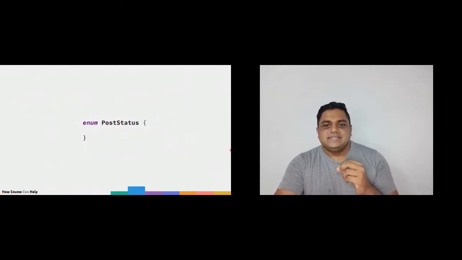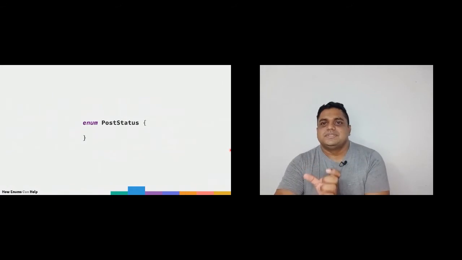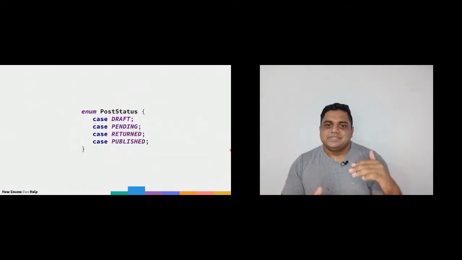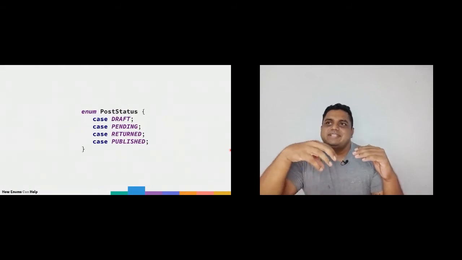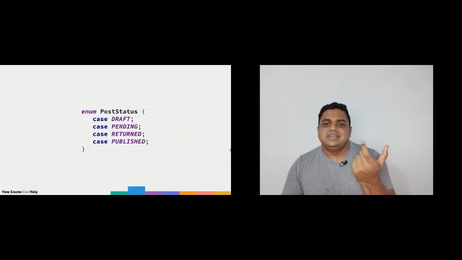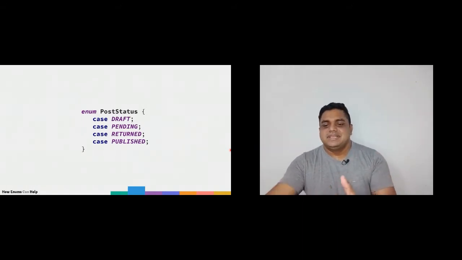Every enum, we start with the keyword enum, and we give it a name called post status, or any of these names we like to give it. And you can fill them with all the members. So all of these members, PHP takes them as one of these subtypes. So when you say, I'm accepting the type post status, what you're actually saying is you can pass any of these members. It can be draft or pending or any of these members in your enum.